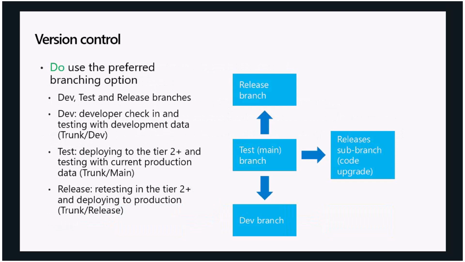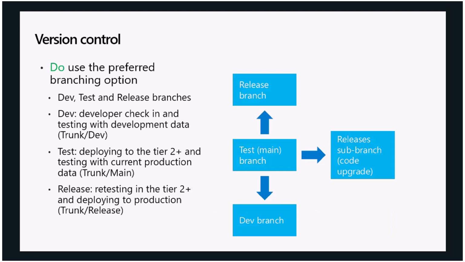The preferred branching option is to have 3 branches, and you're free to have whatever branching you want or need for your project. There are entire books written on branching, and again, we don't have anything very specific, but our currently recommended branching option is 3 branches. We'll have a dev branch, which is used for developer check-in and testing with development data. The test branch, which we call the test branch, but it's in the trunk main folder,